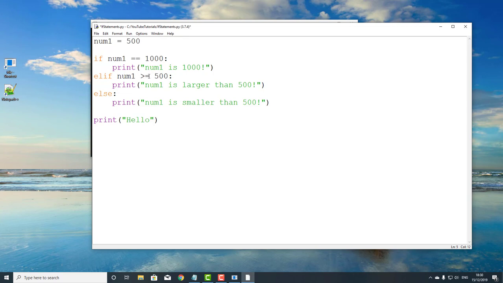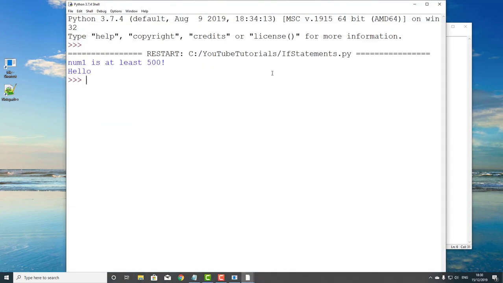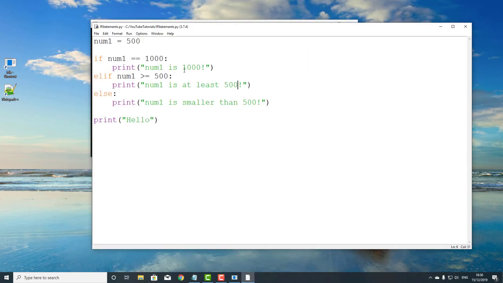So if num1 is greater than or equal to 500, then we could say num1 is at least 500, because this may mean it's 500 or larger. So a couple of important notes here. We can do less than or equal to, we can do greater than or equal to, but another important note,